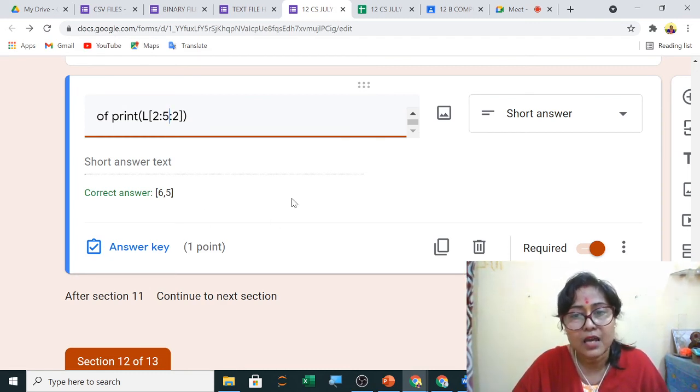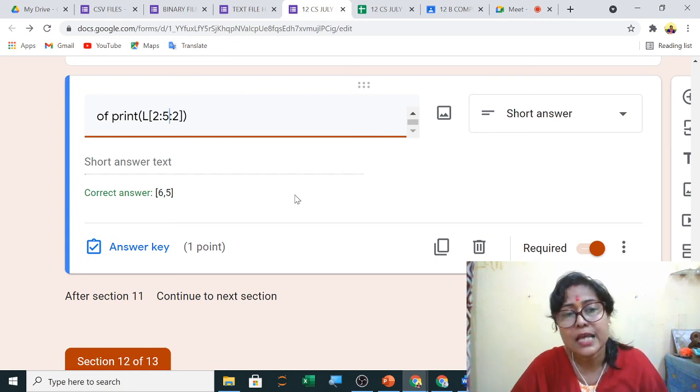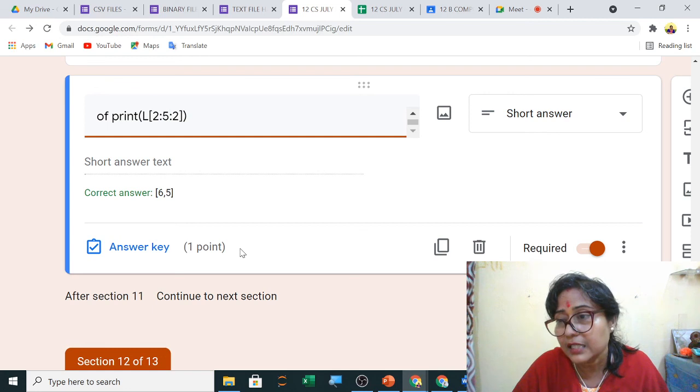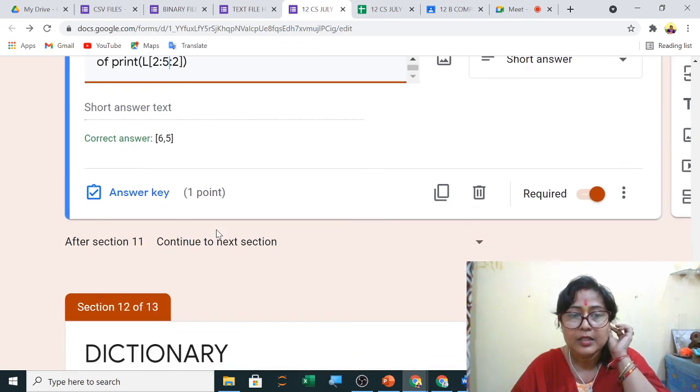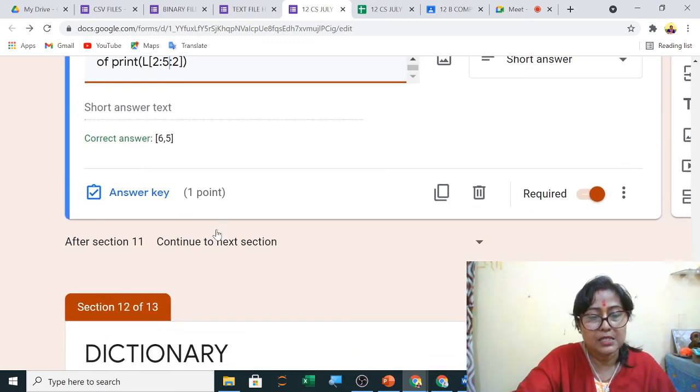So these were your questions of the revision tour of list. If you have any doubt, so many more questions can be framed. List is a vast topic, you know. So many slicing questions, many access questions, many functions are there. We will solve all the functions one by one. So many questions can be asked from list. Let CBSE share the marking, that is the blueprint, from which chapter how many marks of questions will be asked, then we will do it in detail. Clear? So next topic is your dictionary.